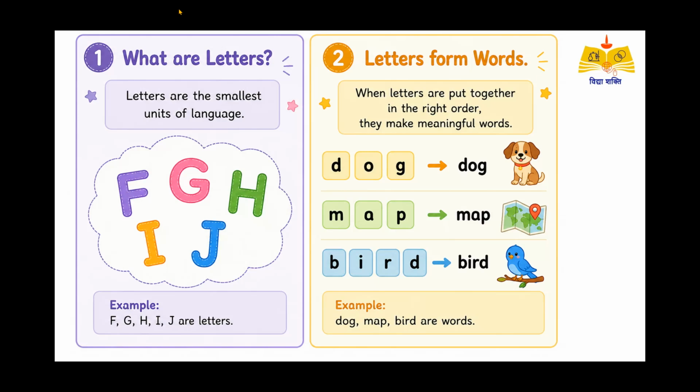And on the slide, what you can see, you see some letters. Entivi letters. Letters ni Telugulo manam aksharalu kada. So these are some letters. In English, we have letters from A to Z kada. So some example letters are on the slide like F, G, H, I, J, A, ivanni kuda letters.